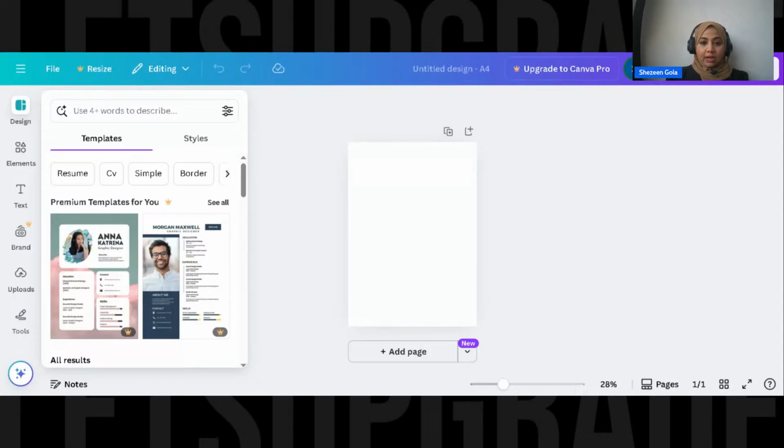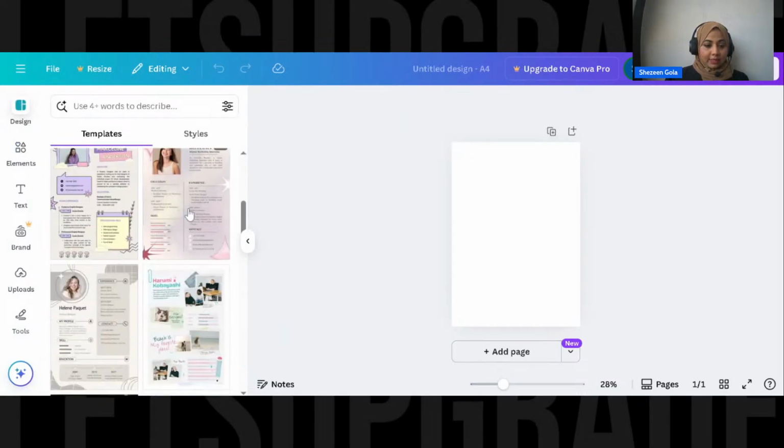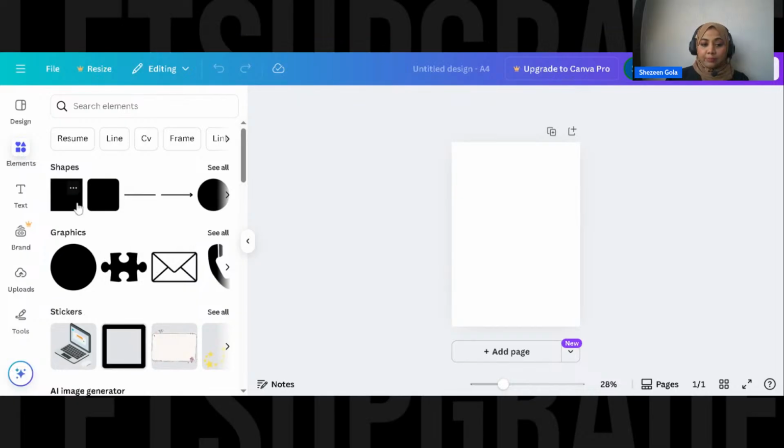So when you want to make a flyer or something, it gives us a lot of space to work on. As you can see, my template out here. As I told you, in Canva you can make resumes, you can make a lot of things, and as a student you have presentations and last moment assignments, so it is really helpful to be made out here. So let's select a design. Let's not use a template right now. Let's use shapes. Okay.